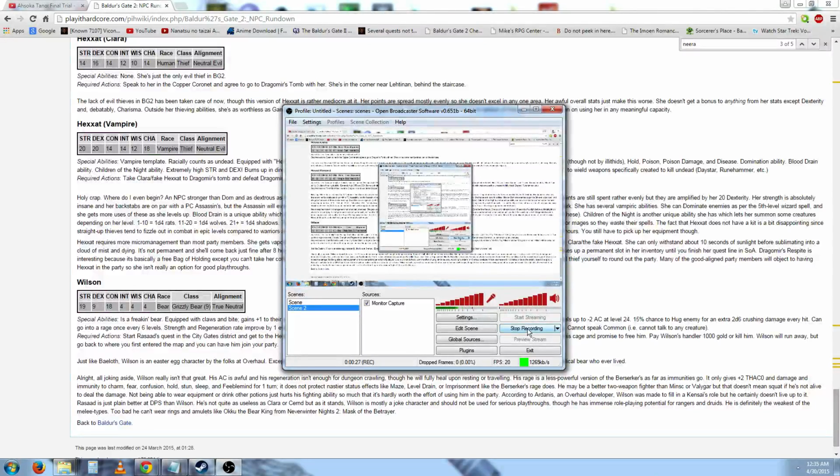So build 2 would be Neera, Viconia, Keldorn, Minsc, and then Imoen. But this time around, you mod her so she's just a pure thief. You could technically just set her to auto and just leave her like that, auto spellcast. I don't know if I would do that, but that's one way you could do it. Or you can just mod her to be pure thief, which isn't actually breaking canon, because in the